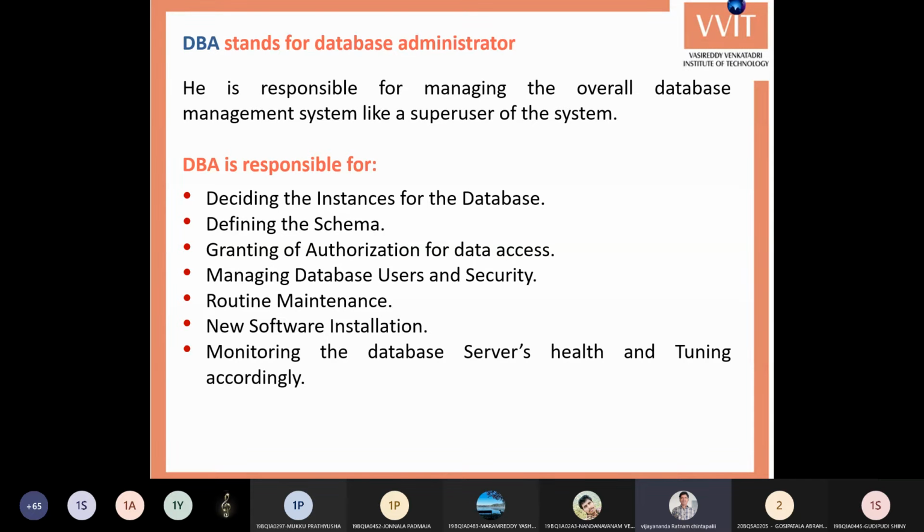So our database administrator will monitor the server's health: whether the system is working properly, whether it is exhibiting proper performance, whether it is responding to user requests properly. Suppose the server has less memory, and you are trying to access the data, so what happens?